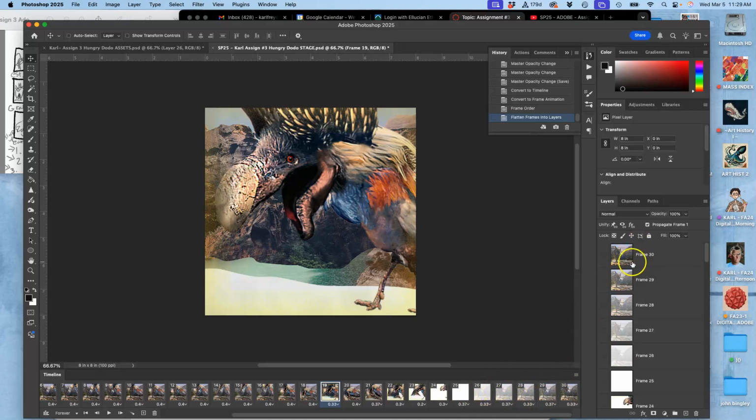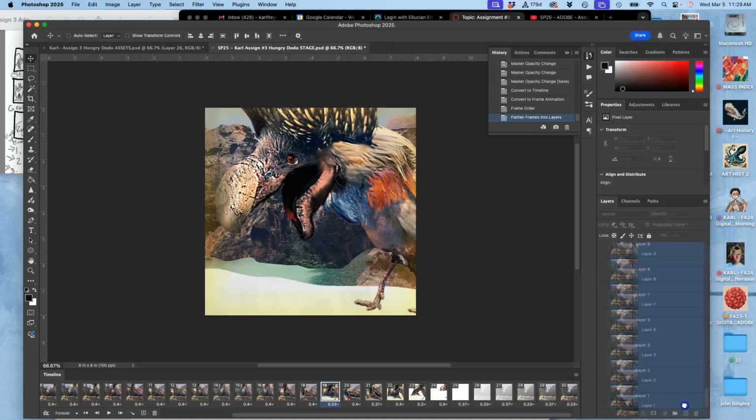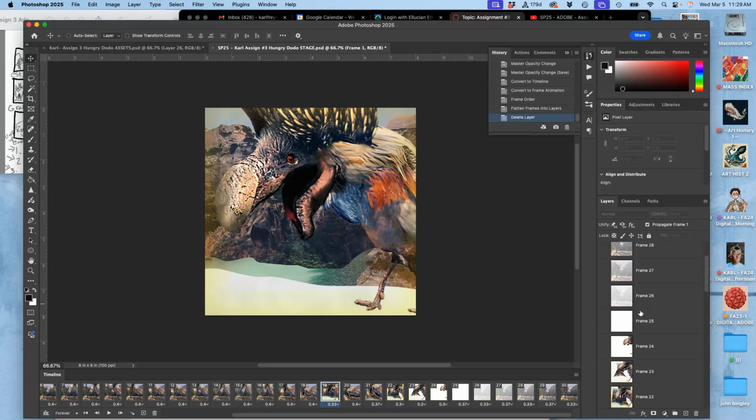So even though I didn't have 30 different layers, I now have 30 different frames. But underneath those frames, and my animation will still play perfectly, underneath those frames I have my layers. And so I'm going to remove all of those from the file. So why do I say that that's cleaned. Well, now you have